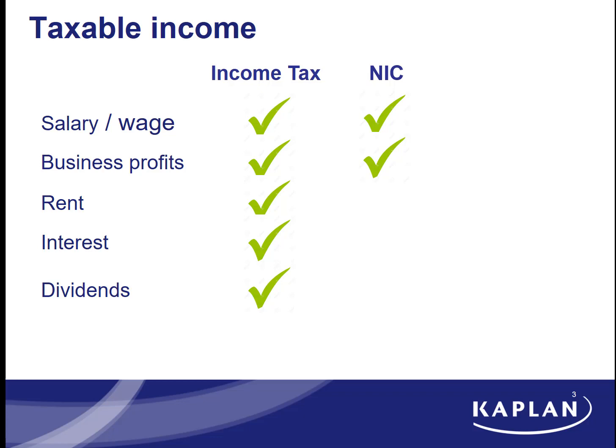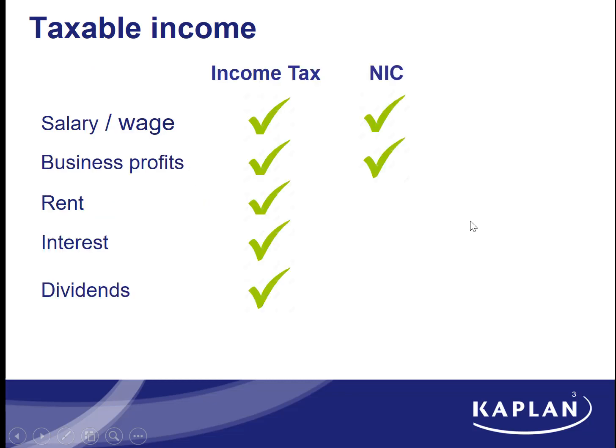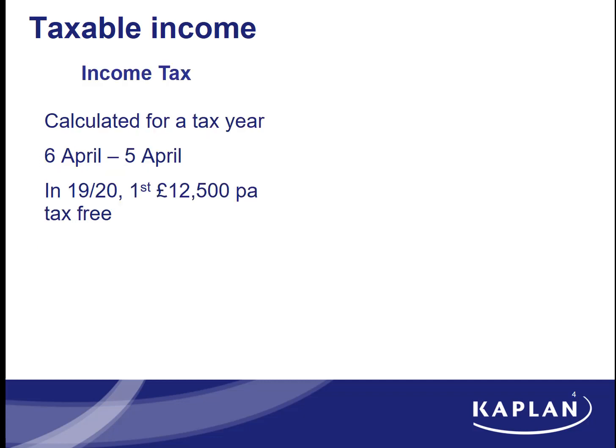So the why, all I always say with tax, never ask why, it just is. You've got two different taxes that you need to worry about. And the thing is, the two taxes apply in a very different way, which I will now try and explain. Income tax is all based around a tax year. The tax year runs from the 6th of April to the 5th of April, which I know is weird,